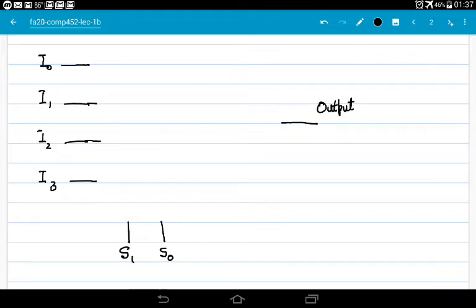These are our select lines. Okay. Now we will have an AND gate here. First input will be I0 and the other 2 inputs will be